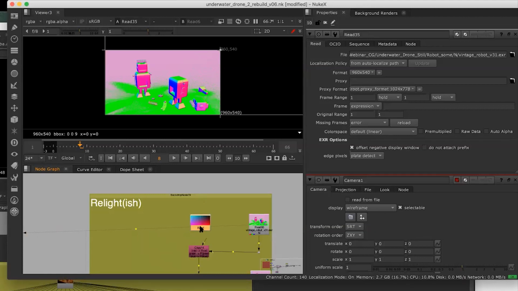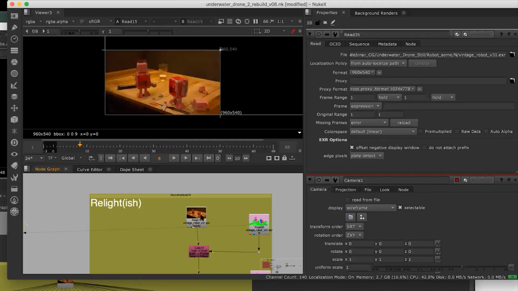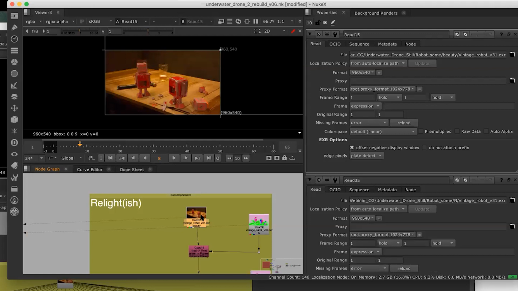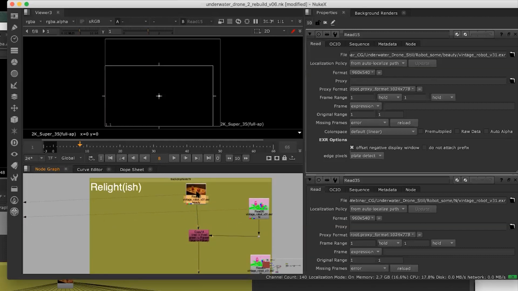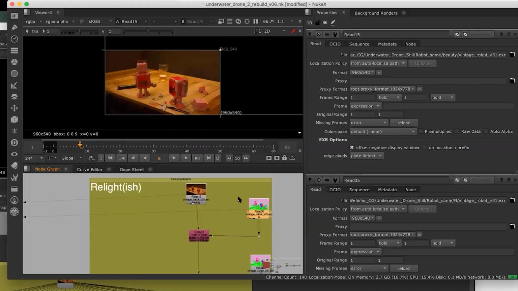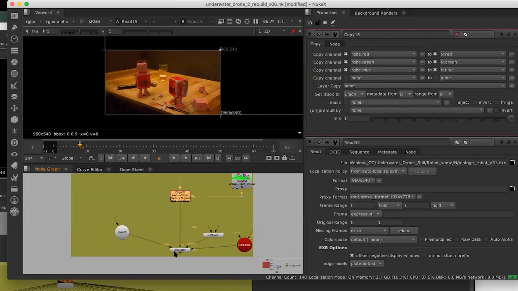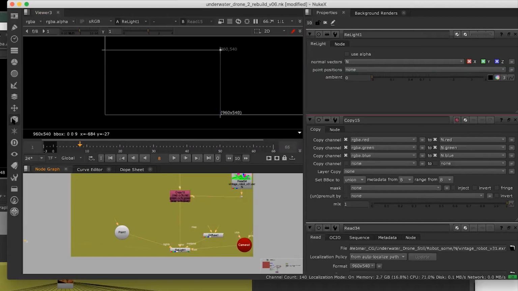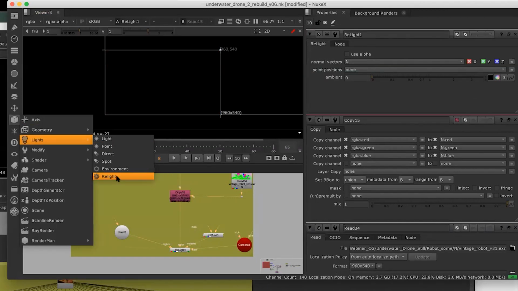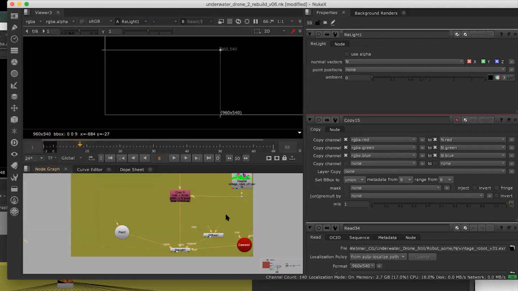But for example, if we have a beauty, in this case beauty, we rendered out these robots as one EXR and also as multiple EXRs to demonstrate both. So I'll show you that in a minute. But when you have a normal pass and point position pass, you can relight just using the Relight Node, which comes from the 3D menu, Lights, Relight. That used to be a plugin, but now it's been incorporated into Nuke. So with the Relight Node, for example,